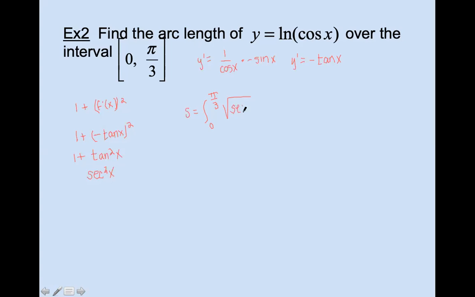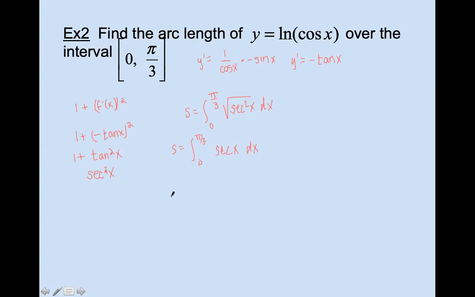So we have the square root of secant squared x dx, which is going to be the integral from 0 to pi over 3 of secant x. And this is one we don't find the antiderivative of very often, so you might want to look that up. You should have a table of all your integrals. So the antiderivative of secant is